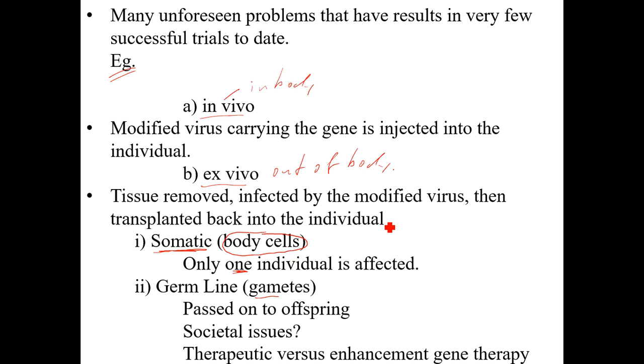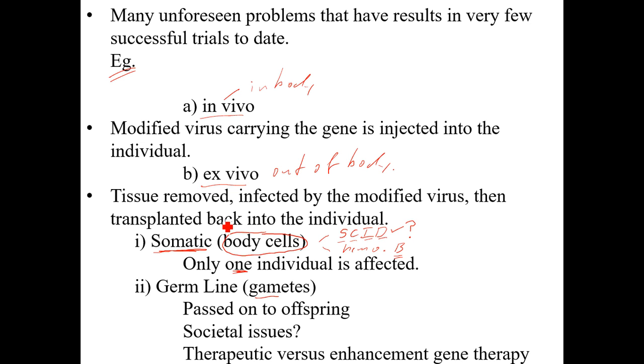So this has been tried for multiple different things. There has been some success going all the way back to the 1990s. This has a big long name. It stands for severe combined immunodeficiency syndrome, children that are born without an immune system. There was some success with this, and I say some because, as it turns out, some of the children ended up developing leukemia after this treatment. Another one more recently is for, I believe it was hemophilia B. There are different kinds of hemophilia, and I believe they did have some success in treating hemophilia B using gene